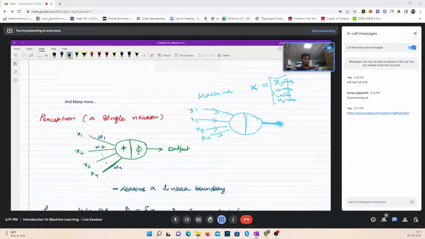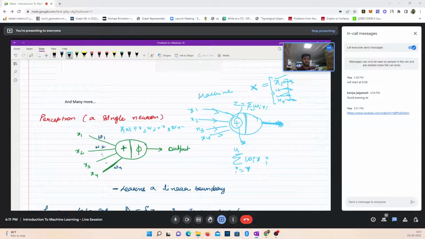It has 2 components. First of all, it does a summation, like in linear regression, where you used to do the sum of wi xi, i from 1 to 4. This is what you would have done in linear regression, and we do a similar thing in a perceptron. First, we take a weighted addition of these features: x1 w1 plus x2 w2 and so on. Then whatever we obtain, let's say z is the summation of wi xi,